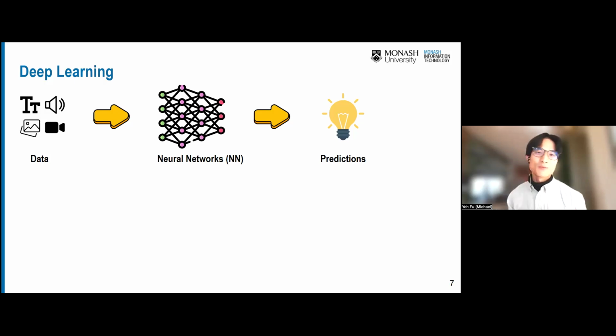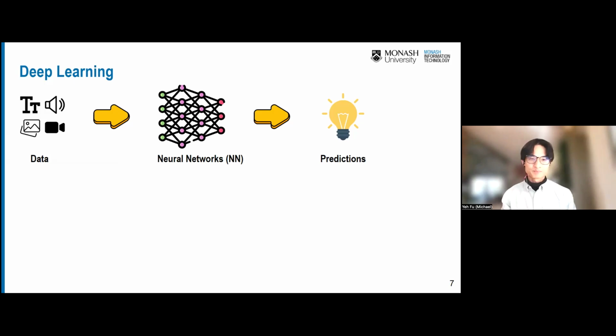So it's not going to work with your text, right? So before we input to the neural networks, we transform this article to a vector, to a matrix, so that we can input these vectors into neural networks, and then the networks will do the linear transformation, nonlinear transformation, and then generate the prediction.